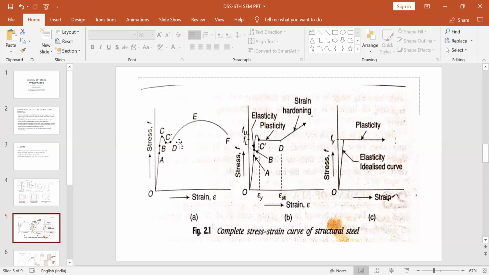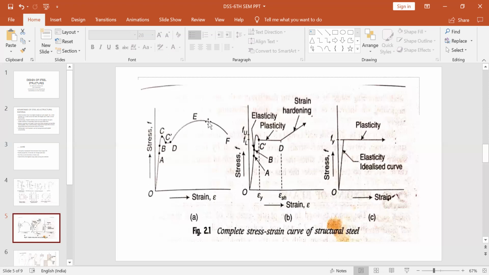Now E represents the point of maximum stress. Again, stress is increasing. After this point D, stress is increasing, strain is increasing. It reaches a peak value, which is called E. This is the ultimate load, for which the ultimate tensile strength for the material is Fu. This is in plastic state. Ultimate tensile strength in plastic state, this is Fu. For Fe 410, this point represents 410 Newton per millimeter square.